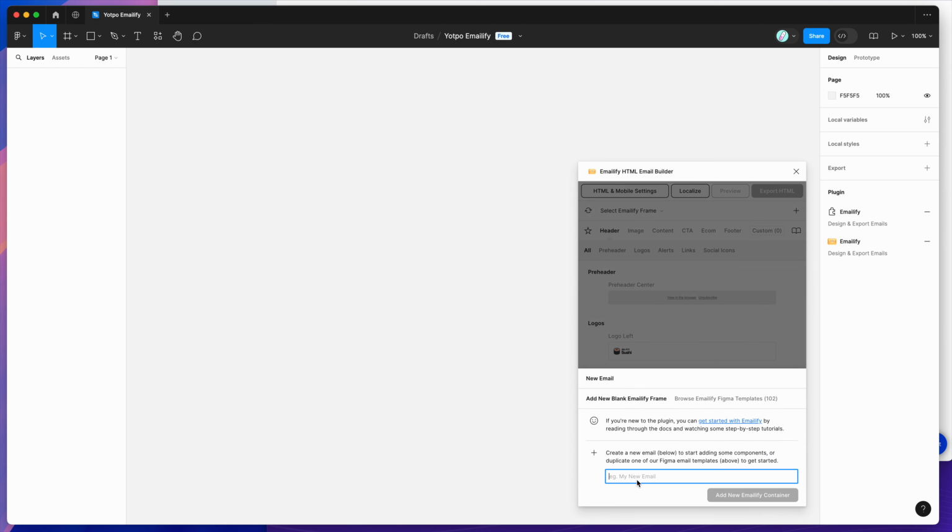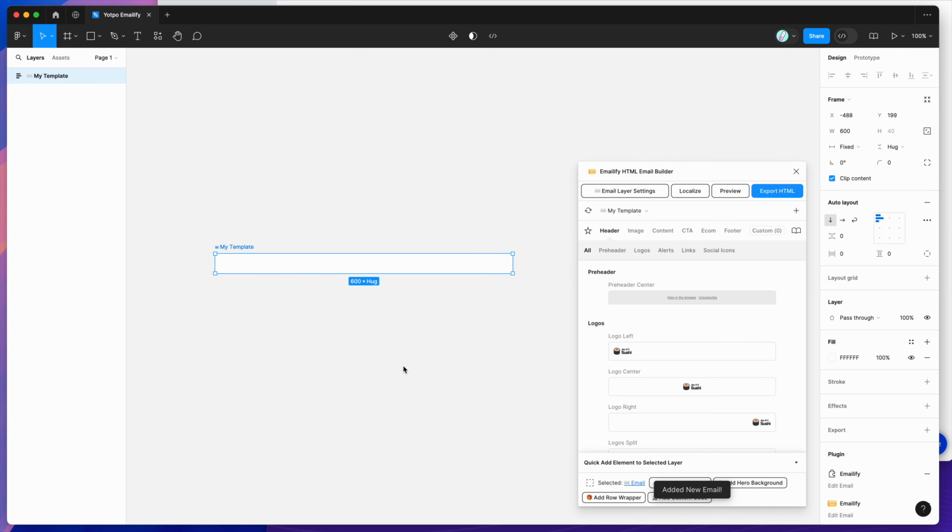So if you're new to the plugin, the way that it works is it helps you to design HTML emails in Figma and then automatically export those to production-ready HTML directly from the plugin. So to get started, I'm just going to create a brand new template called My Template and click on Add New Emailify Container. And that's going to add a little Emailify frame to your page that we can now start